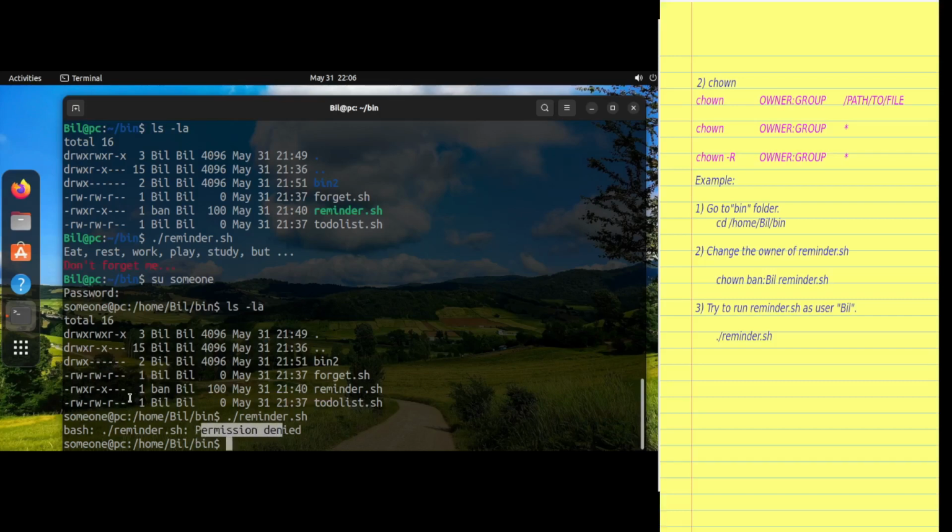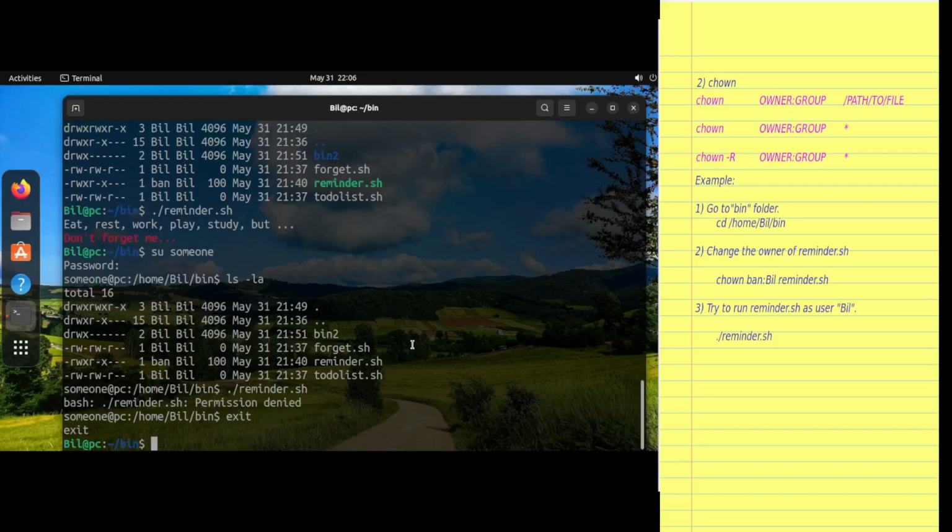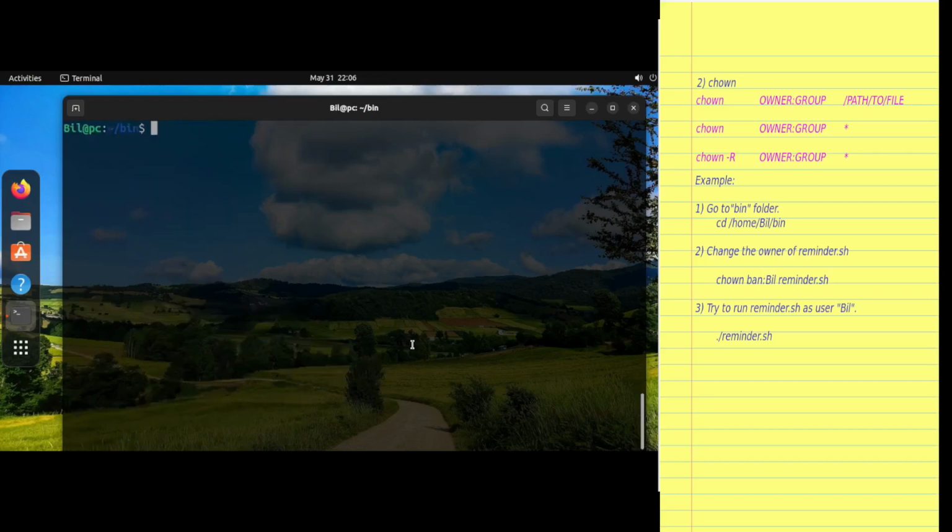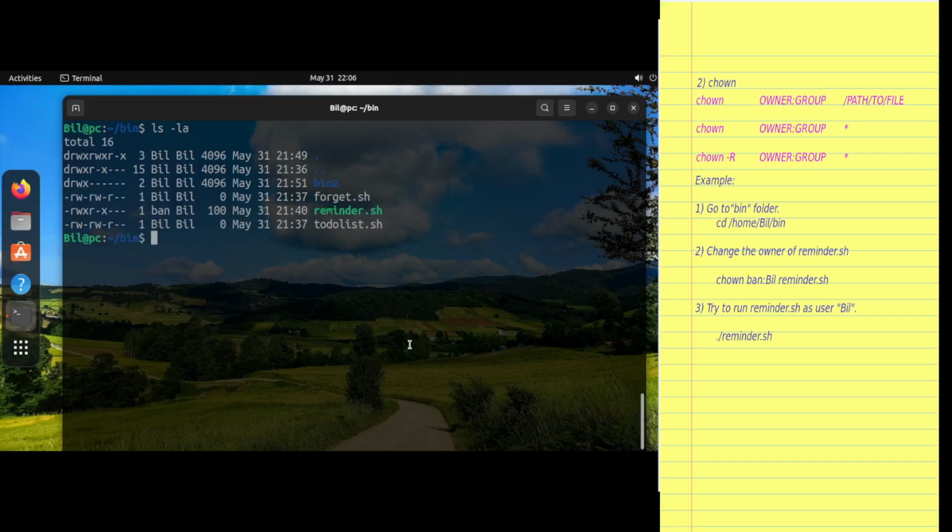Simply because in the file, others group was not given any permission to execute it. So to do that, first let's exit from someone. Let's clear the screen. And then let's analyze the permission once again. Let's try to give it another 5 here, so that someone can read it and execute it. So chmod 755